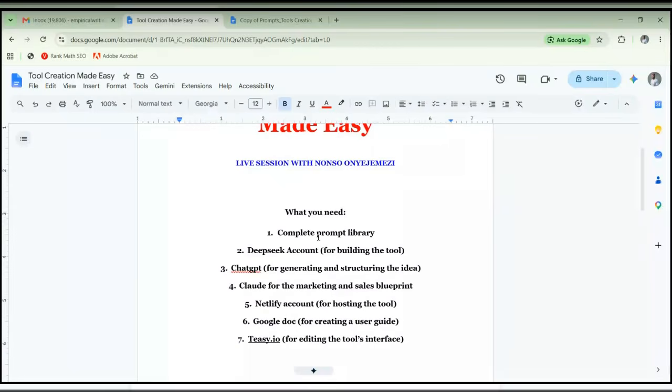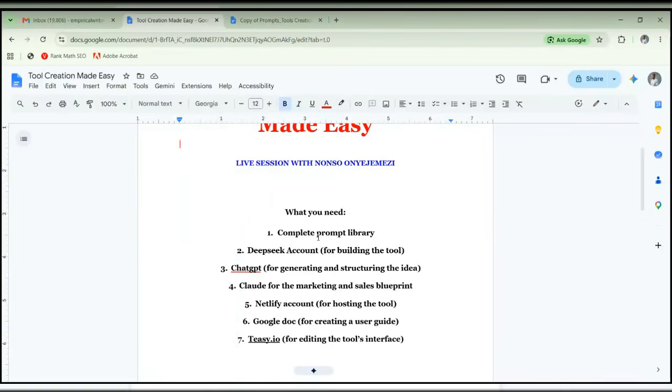The only difference is some people ask better questions than others. That's the difference between someone that prompts and gets a better result than someone that prompts and gets a basic result. But everyone knows how to put a prompt. Even if the person has not used AI before, if the person can type, hi, I am Nonso Ejemezi, who are you? You're asking the AI. That's a prompt, right? So I have a complete prompt that you're going to put into any of these AI platforms,